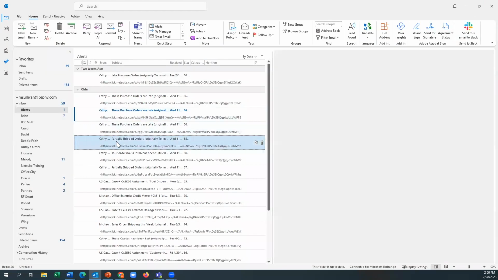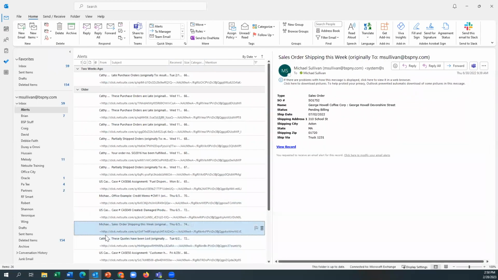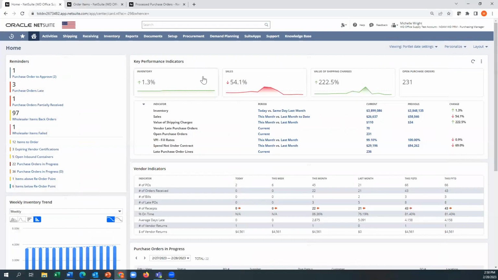So these are just examples of things that have been sales orders shipping this week, right? So maybe it's an email. These are alerts driven through a search, but executed through an email. These could be sent to a client. They could be sent to a supplier, right? That says, hi, Mr. Supplier, we have this many purchase orders that are currently late. Could you please look those up? So these alerts can be used for internal or external purposes.